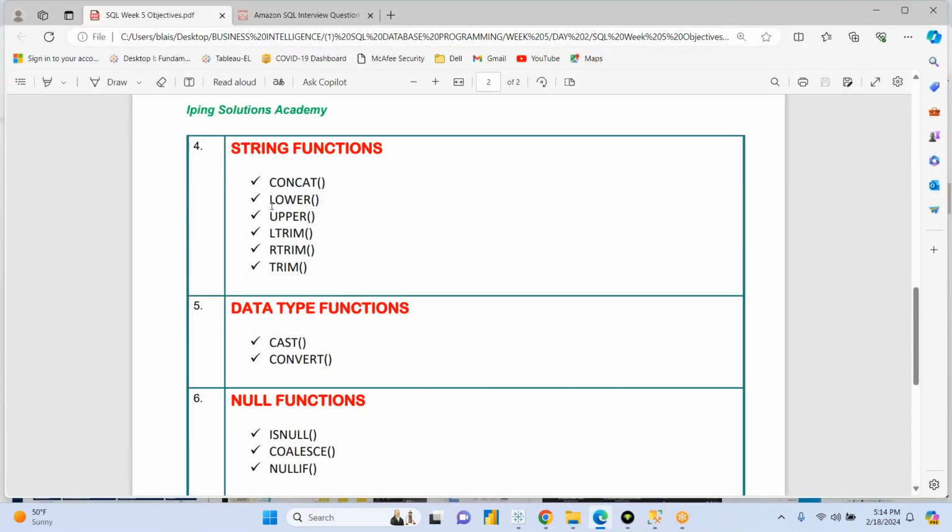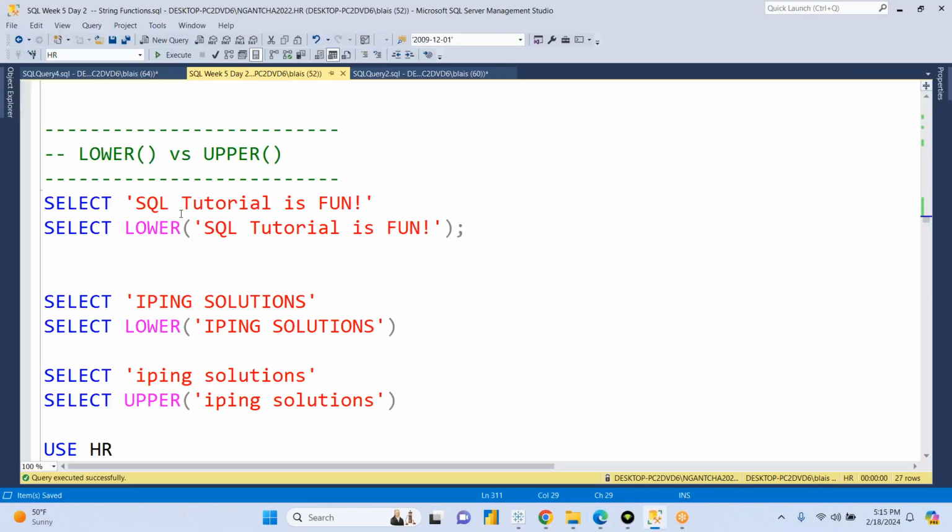Probably I'll just talk about two of these counterpart functions, and then we can call it a day for today so that we can round up on the string functions. We've talked about the concat. Let's talk about the lower and the upper. If you know the lower function, you definitely know the upper function. These are counterpart functions, and this terminology lower is in terms of the